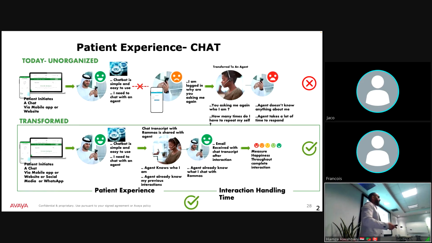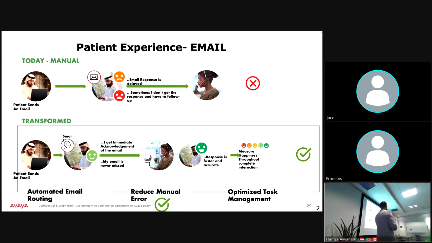Right? Otherwise you will be away from the advanced contact center. You don't know how to improve your services and contact center. The same experience applies for the email. I will not repeat that. Okay, then today